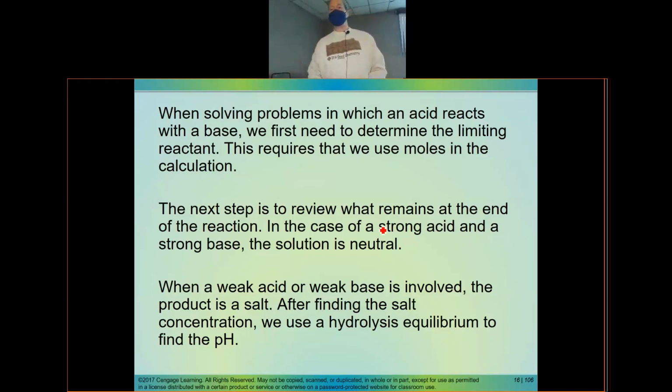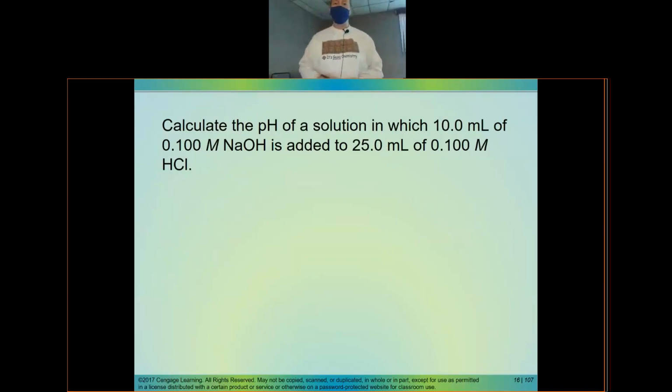So basically, now they're going to talk about limiting reagent and all this stuff. But the key is, if you do it this way, you don't have to worry about any of that nomenclature. What you always do is you write one of the three reactions. You write the Ka, you write the Kb, or you write the Kw. When you have both NaOH, a strong base, and HCl, a strong acid, that is when you write the Kw reaction. So you have water